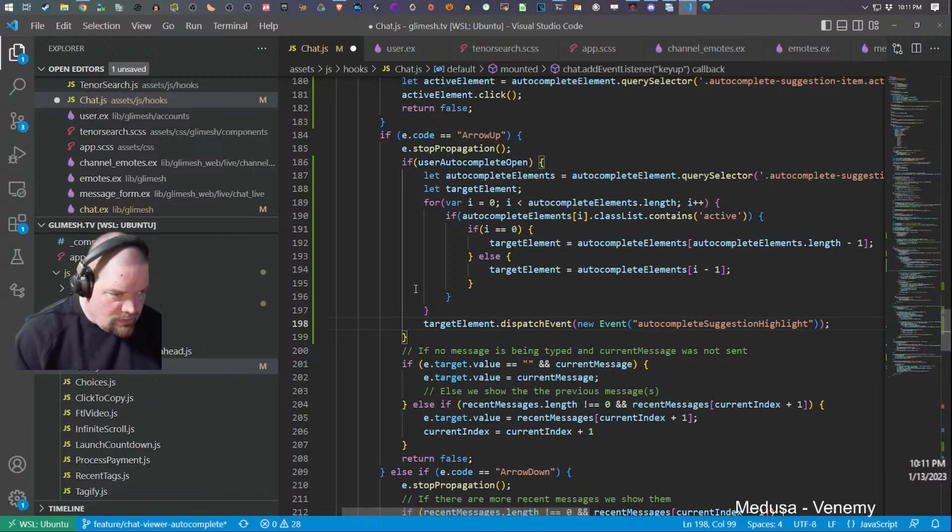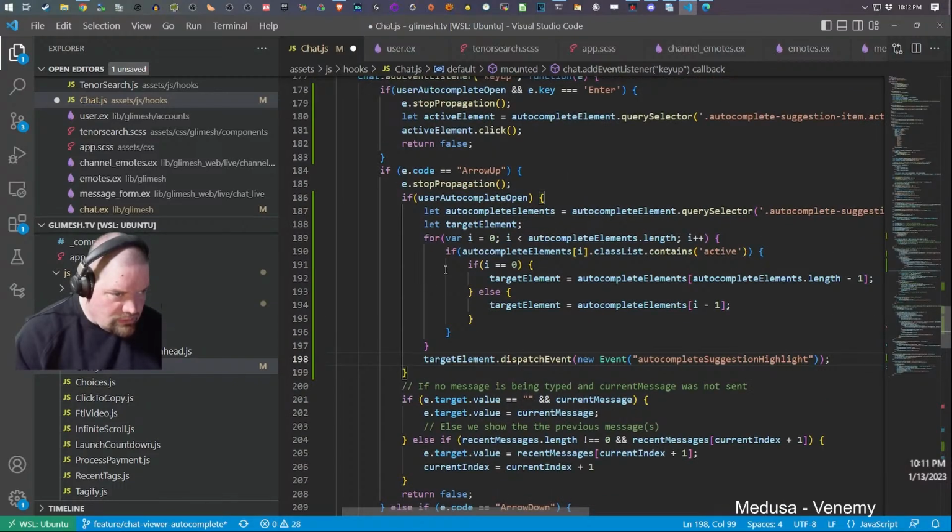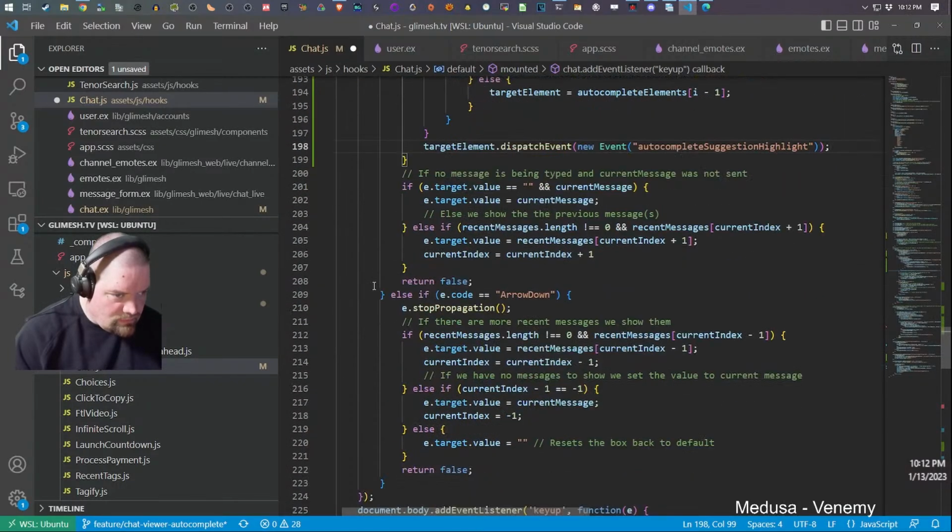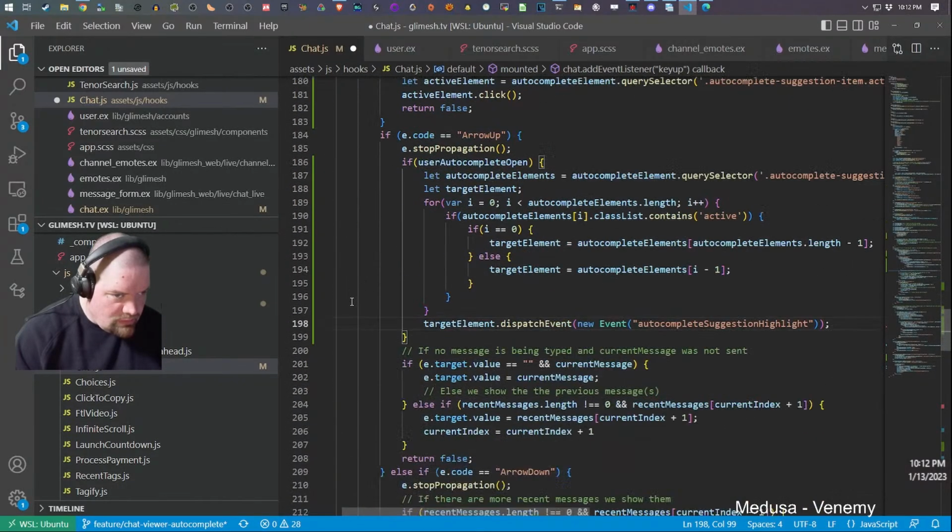You do the same thing for arrow down, but it would be nice if I contain this in a method here.